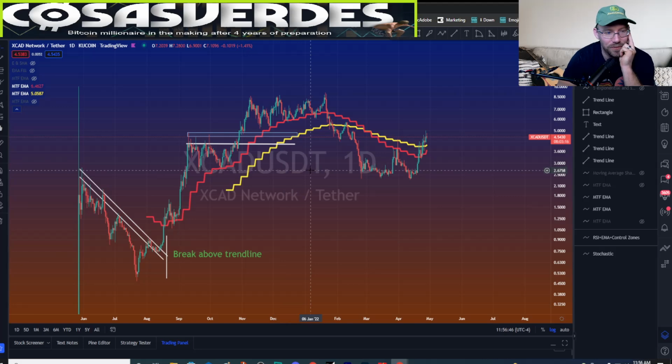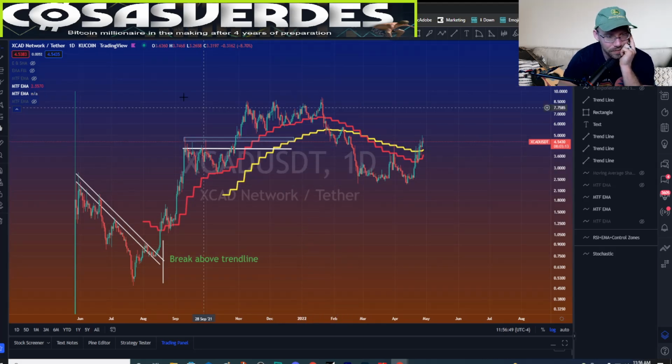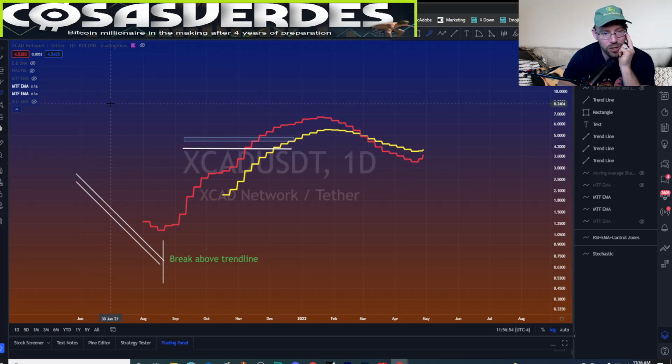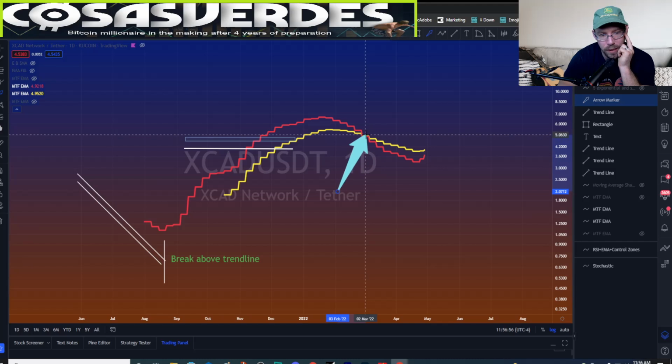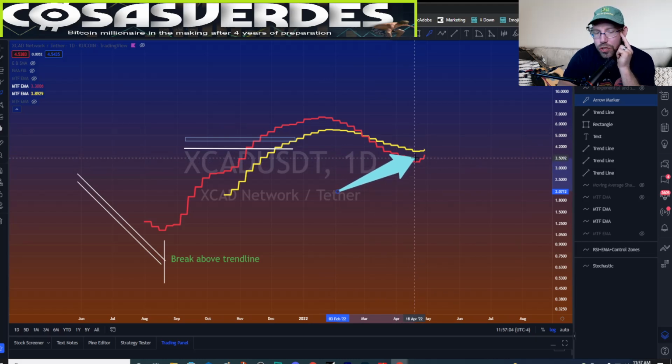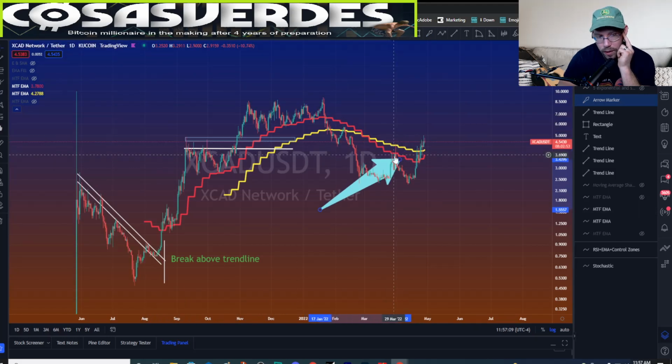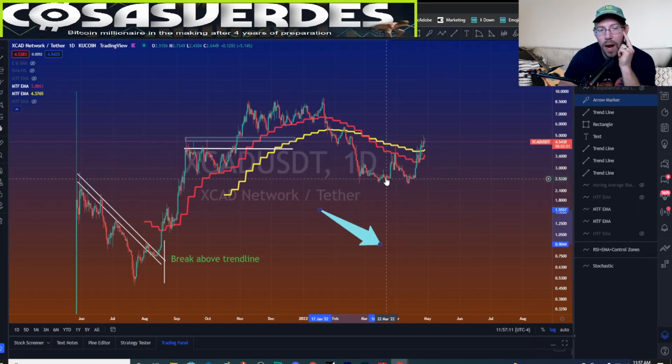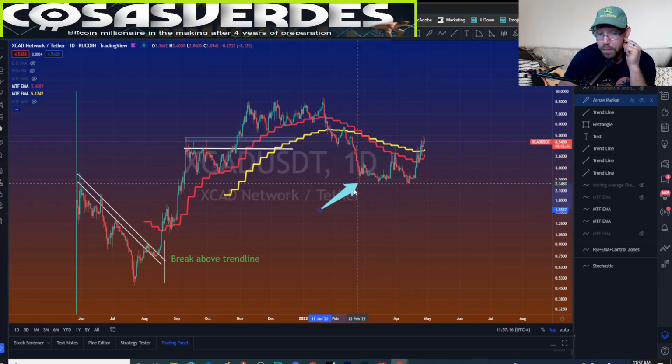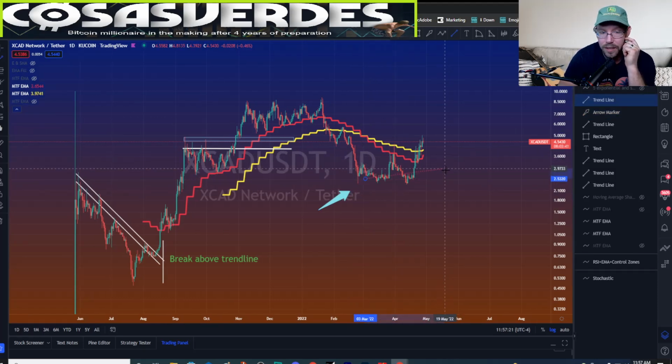This is kind of a 50-50 here. I don't have my structural analysis set up for this, but this cross is really bad. Because the weekly 10 red has gone below the yellow, that means bear market. Usually your first big pump above doesn't work and it comes back down. But it is its second try. It got above it here, but I still think it'll probably